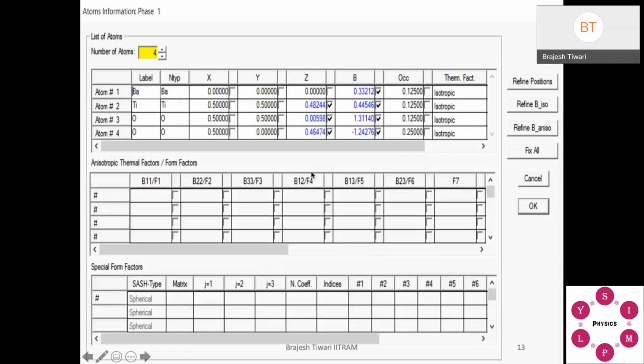Okay, and the peak shape and size is going to control your particle size. We have not shown it here, but in yesterday's lecture we showed it. There are so many options. Again, if you are confused about which option represents what, it's better to follow the manual of this software. They have given all the details, which factor is going to affect which one, and how you can read information out of it.